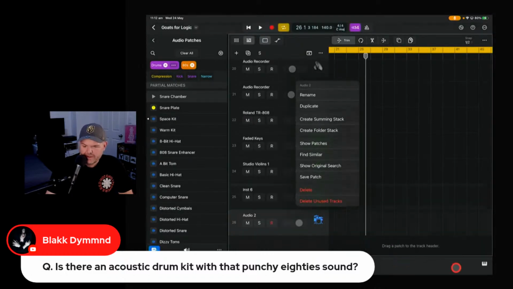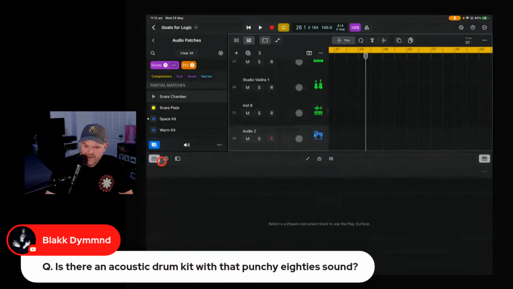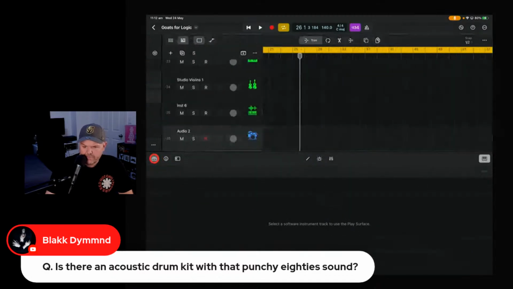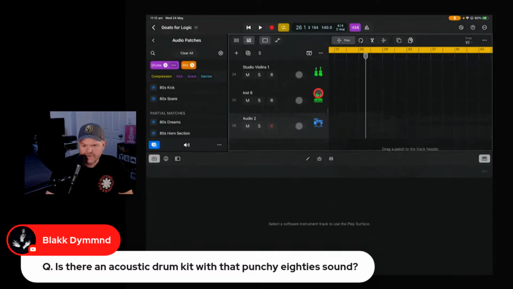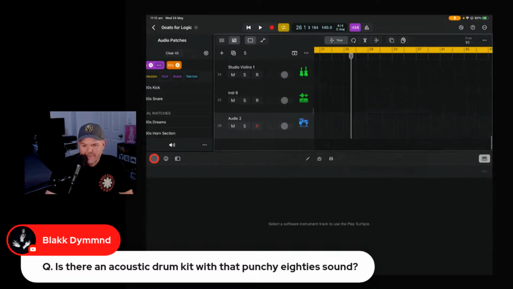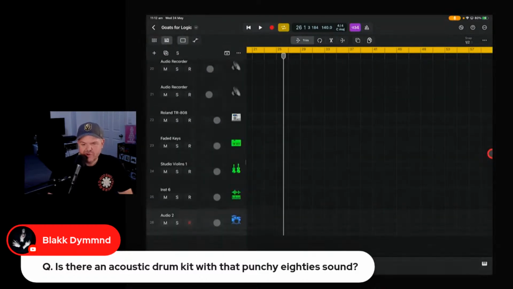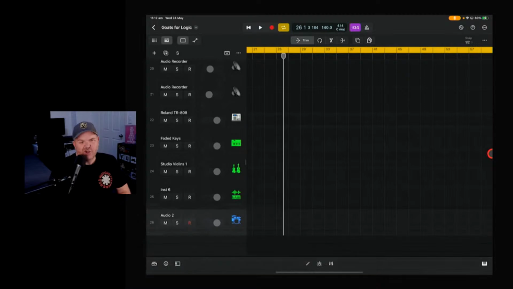Yeah. Let's play in some drums with this kit. Select the software instrument. Oh, because that's an audio. See, I'm still learning that some of them are audio instruments, some of them are audio patches, and some are software patches. So I haven't quite got there yet. But yeah, there's a heap of sounds in there. I'm sure you can find something. Plus, you have that new chiptune pack that looks pretty darn cool. So that's a good one to play with.